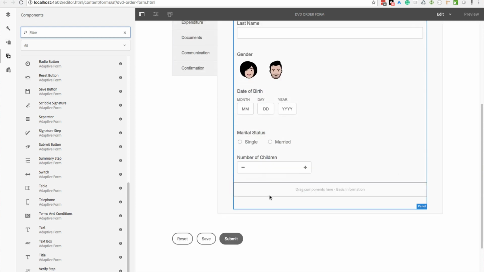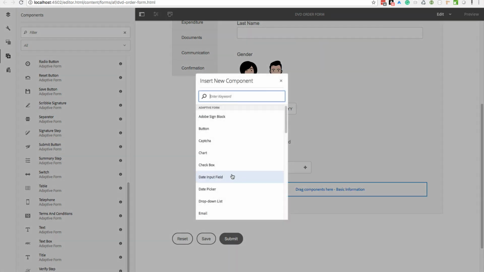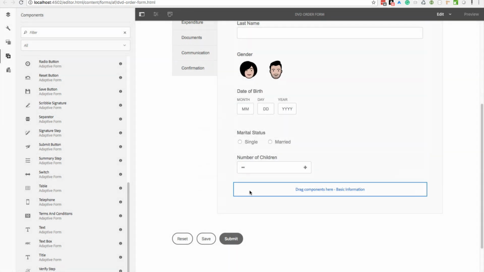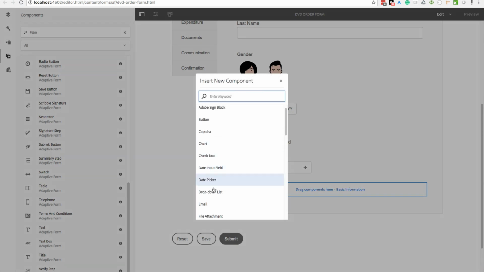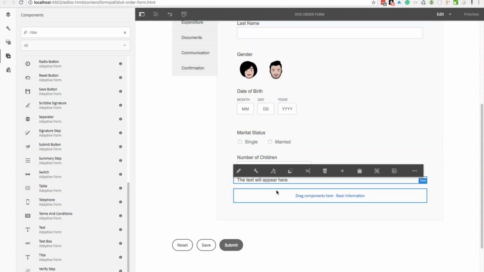There are targets on a form. For instance, this basic component target right here. You could click plus and add it from right here, or you could just say, I want to bring some text over there. I'm just going to drag it there,